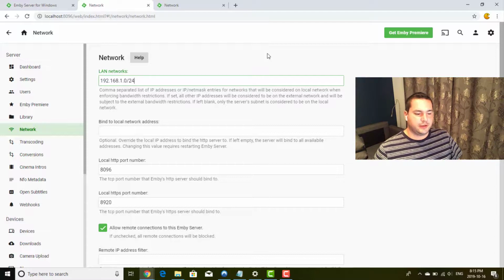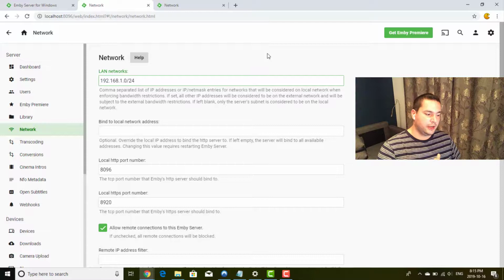I am using it because I am using a container, so I have a specific edge case where my container is not using this address because it's in a container. So I have to say to Emby that it's working on this specific address here. So Emby in the container is able to consider all connections coming from these IP addresses as local,